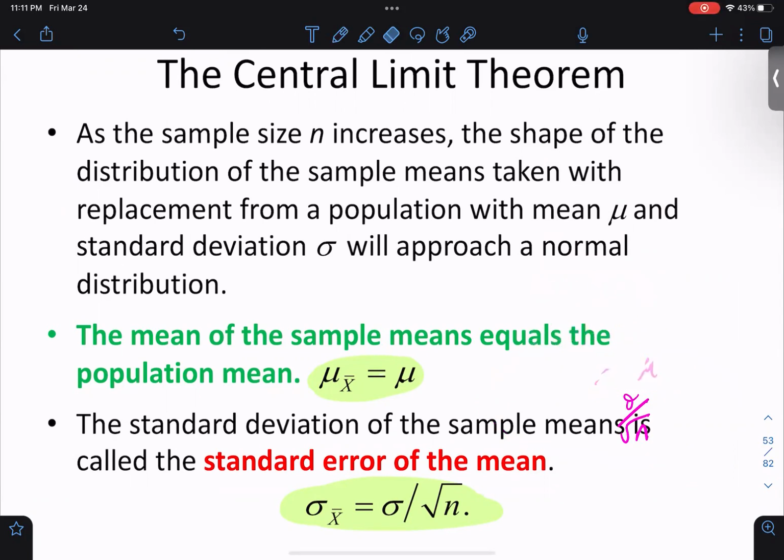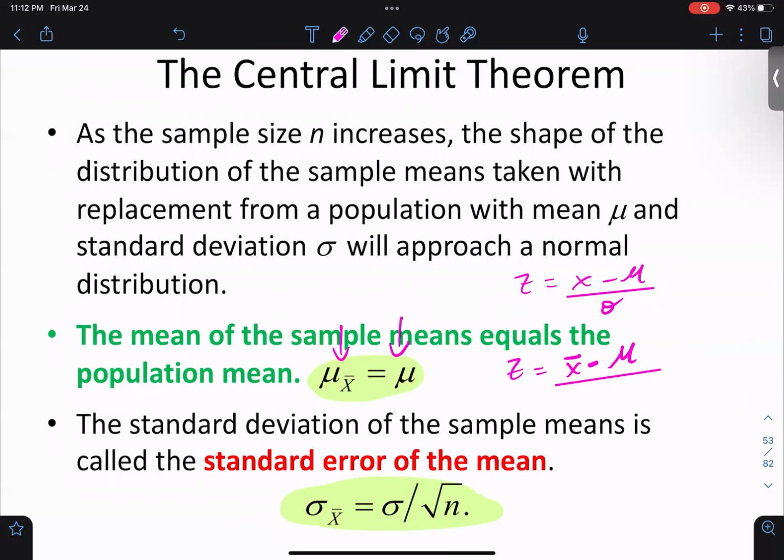Now, like I was telling you before, the formula will change. If the formula before was Z equals X minus the mean over sigma, now, because we're talking about sampling, that will imply X bar, the sample mean, minus the mean of the sampling distribution. But since they're equal, you can just put the population mean here, and the standard deviation is just sigma,